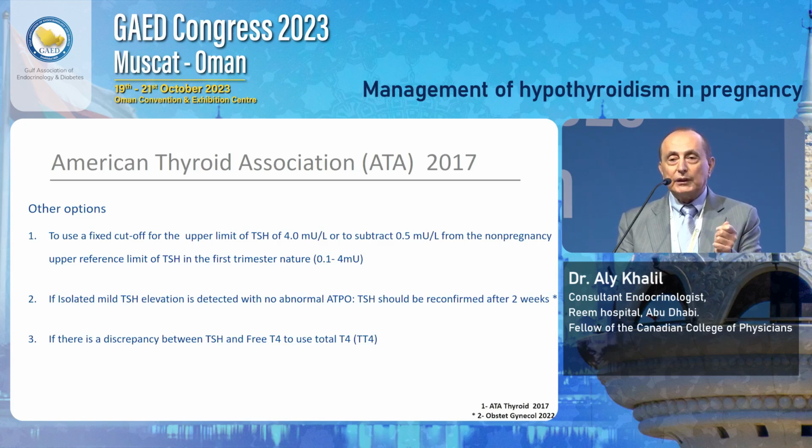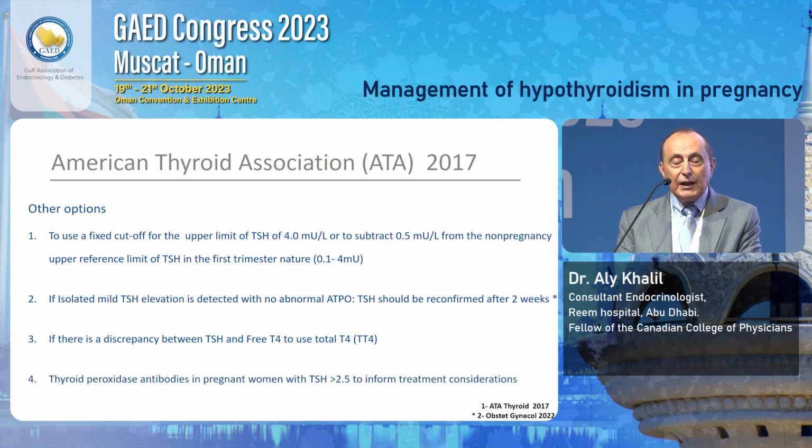And the way that you go with this is, you know that there is an increase in total T4 production, like a 1.5-fold increase. Starting at 7 weeks, by 15 weeks, you should expect that the upper limit of total T4 is around 1.5 times the upper limit of the non-pregnant reference range. And that will be your guide. So if you start at 7 weeks, you can add 5% onto the upper limit every week until you get to 16 weeks, and from there you take the non-pregnant reference levels.